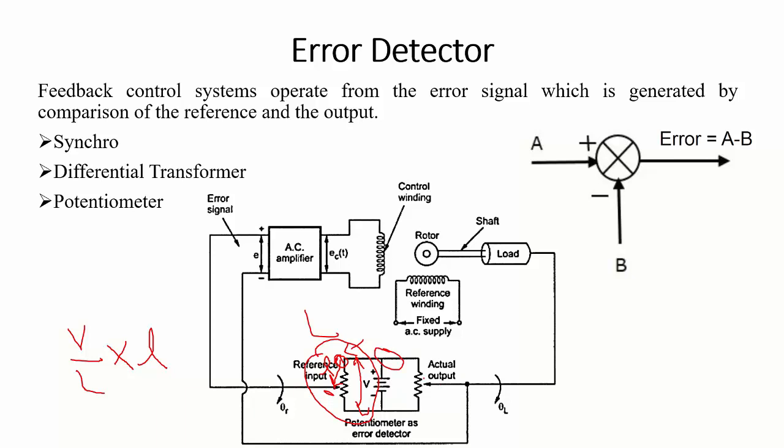Similarly, if the arm at the actual output side is at the exact same distance from this point, then the voltage at the actual output is the same, given by this expression: gradient multiplied by l. And in case we talk about the potential that exists between this point and this point, let's say we connected a voltmeter or multimeter in order to measure the potential between these 2 points. So we have a multimeter, and we connect it between these 2 points.